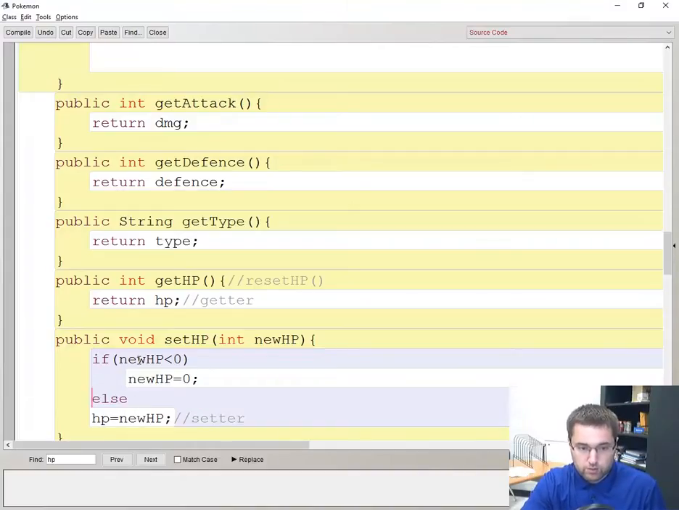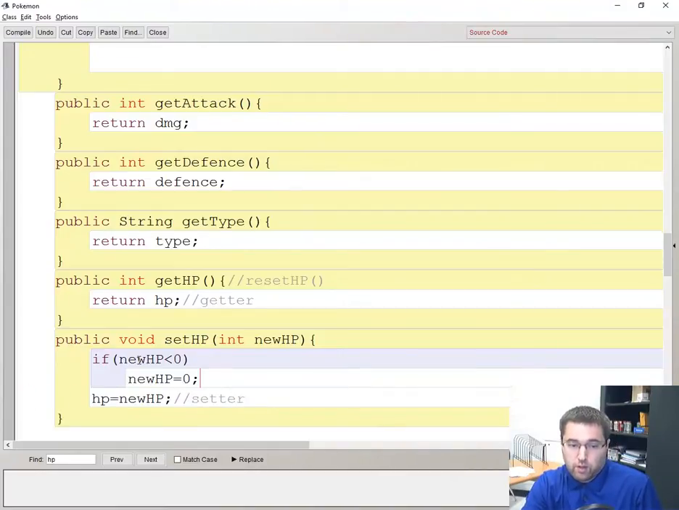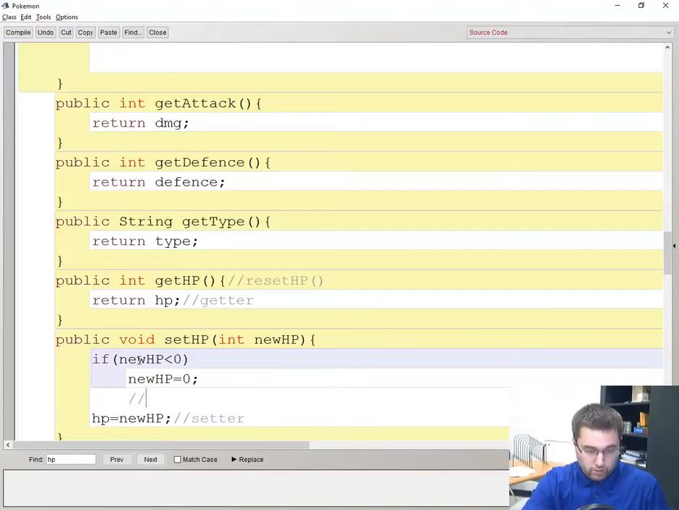Else, do nothing. So I don't need that, so I can just have an if. I can also say, if I wanted to, just to do some checks, if new HP is greater than max HP,